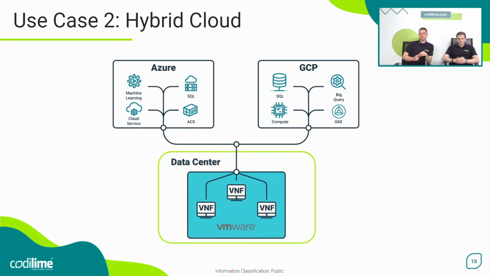Another use case would be to use a hybrid cloud. So here we have a data center again with some virtual machines, here on Enterprise VMware. And you may think about the example that I showed you with multi-cloud to connect via SDNs to cloud-native applications. So, of course, you may use Azure AKS, GCP GKE to connect to native Kubernetes services. But also, you may think about using other cloud-native solutions. For example, Azure has a pretty